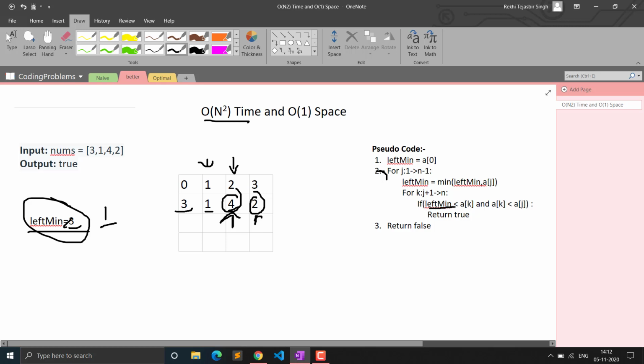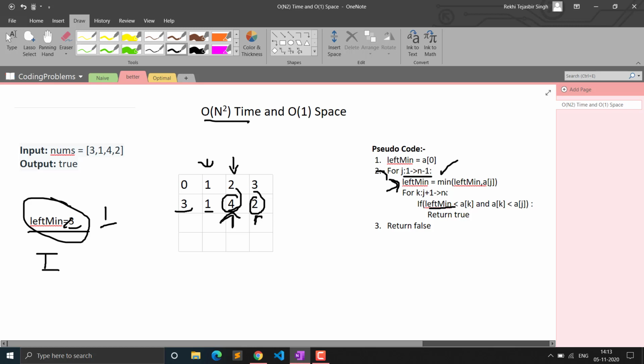So then you can see this is the left minimum that we are checking. For every iteration of j, we will compare the left minimum. If this left minimum is greater than the element that we are on, we will simply update our left minimum. So this left minimum will act as our ith element, and the jth and kth elements are the ones for which we are running our for loops.